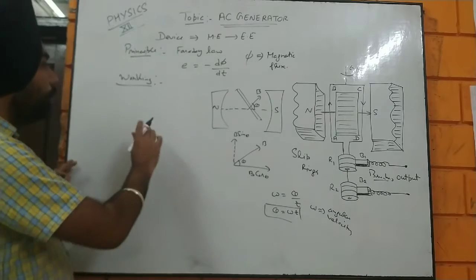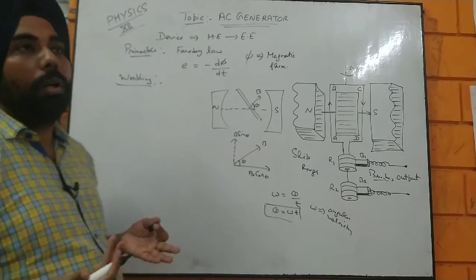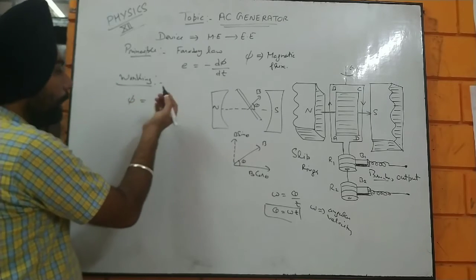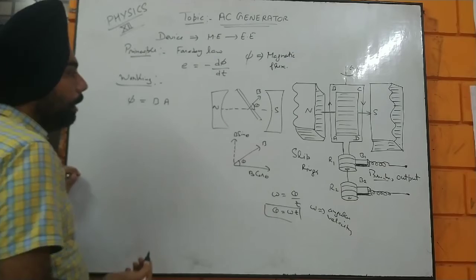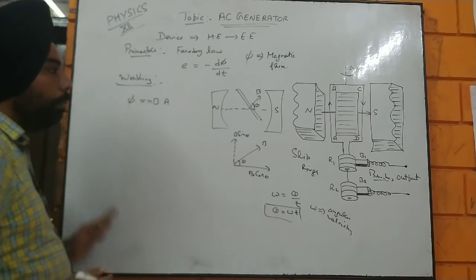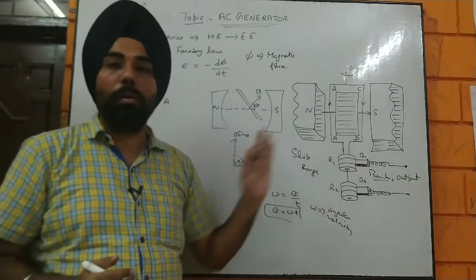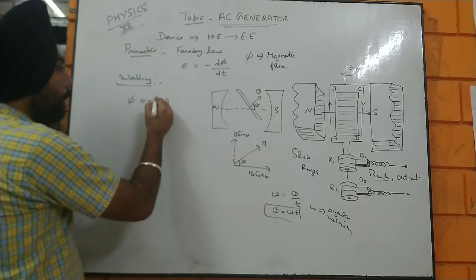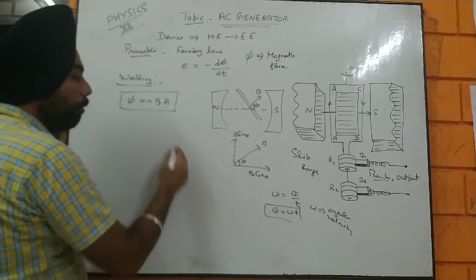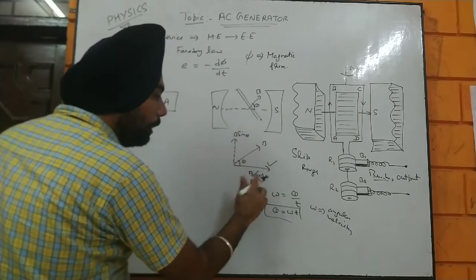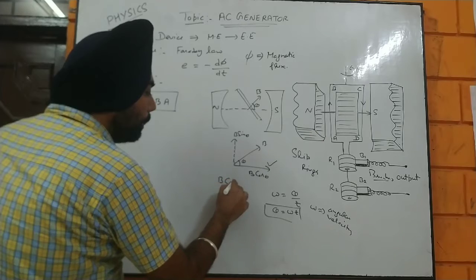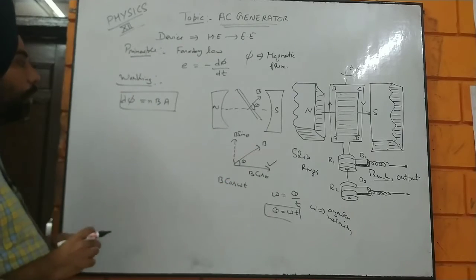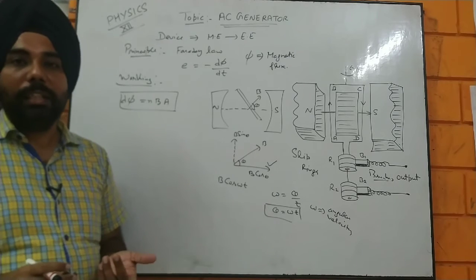The simplest formula of magnetic flux is going to be B A, and N is the number of turns provided to that rectangular coil as well. So instead of using the simplest B, we are now going to use B cos theta, or B cos omega t. That is going to be the flux here, and we can easily calculate that.